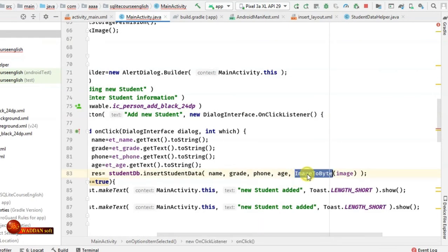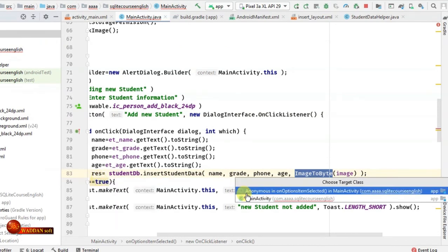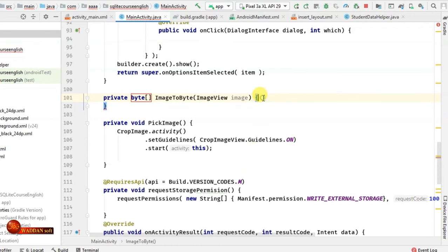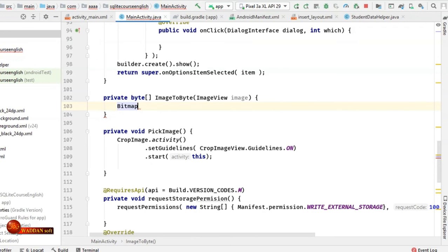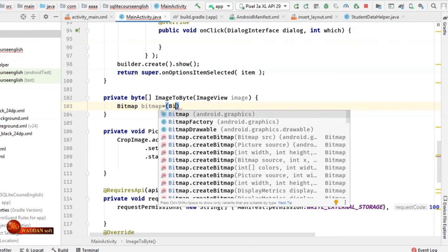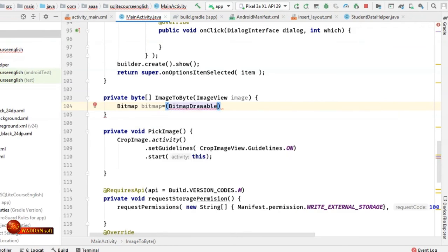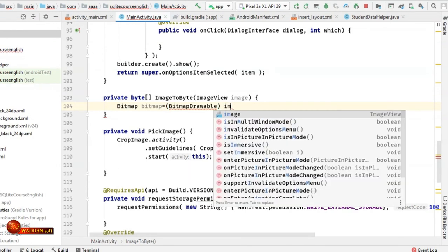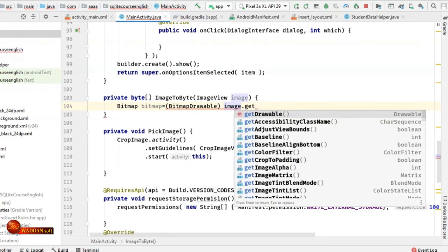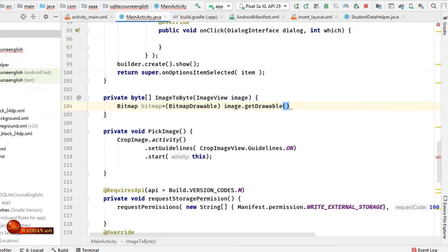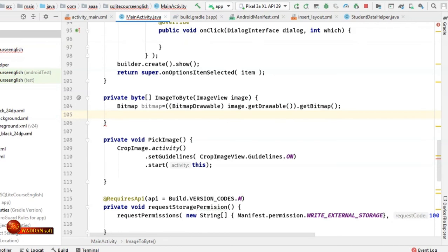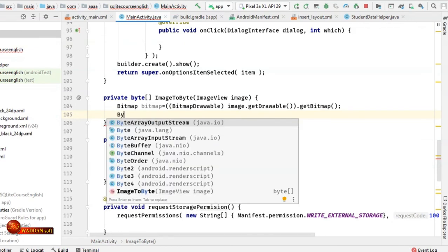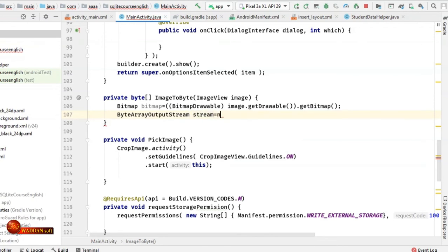Now we'll create this method to convert the image to bytes, and here we write bitmap equals BitmapDrawable, and this image dot getDrawable, and I'll insert this between brackets, and here dot getBitmap, and I'll use the ByteArrayOutputStream class. So I write ByteArrayOutputStream, for example stream equals new ByteArrayOutputStream,